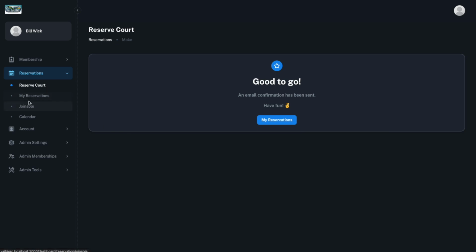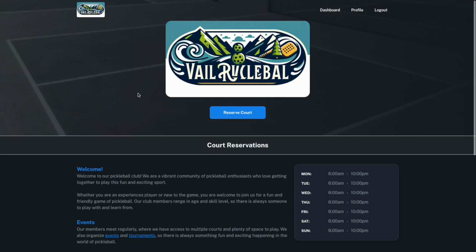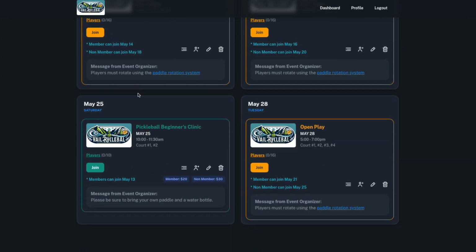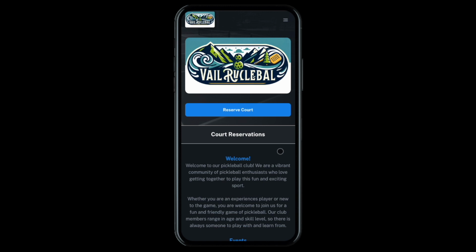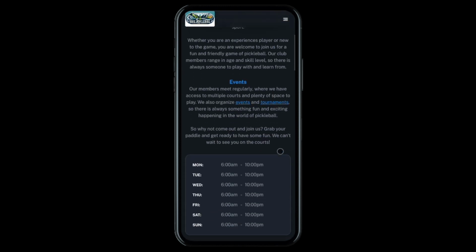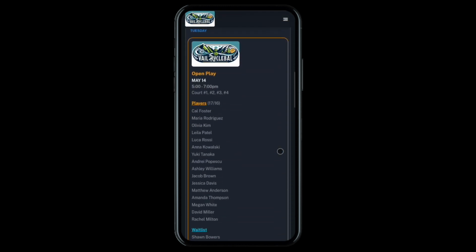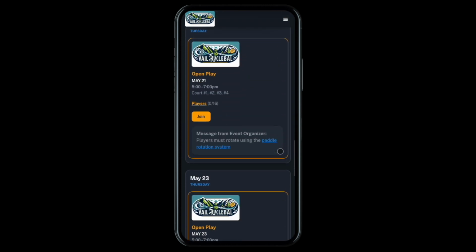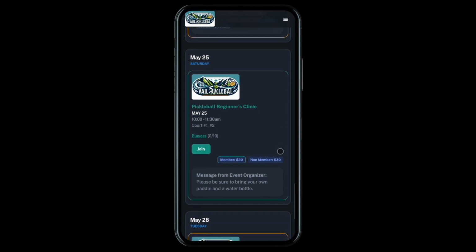And we can see that event from a number of different places. We'll go to the home page and we can see that joinable event there. So now a member would log into the home page and if they scroll down, they can see all of the joinable events, one of which is our new beginners clinic. And if they'd like to join, they click join,